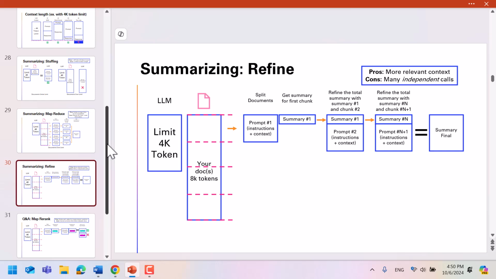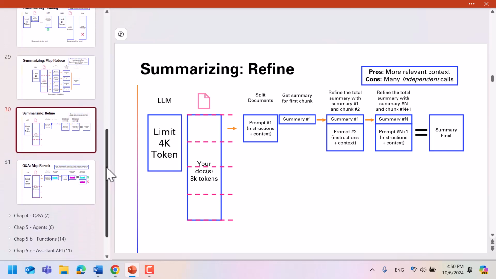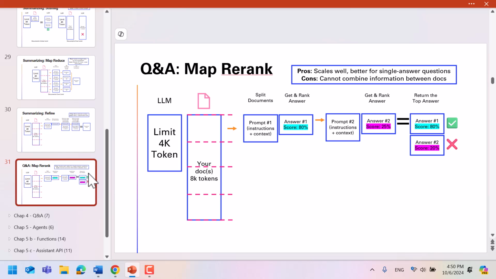So this was chaining for the case of summarization, and this was the very first application that I used it for. There's another type of application that lends itself quite nicely to chaining, and it's Q&A. For Q&A, you can also do chaining and do map re-rank to try to ask the question to each chunk of the conversation.